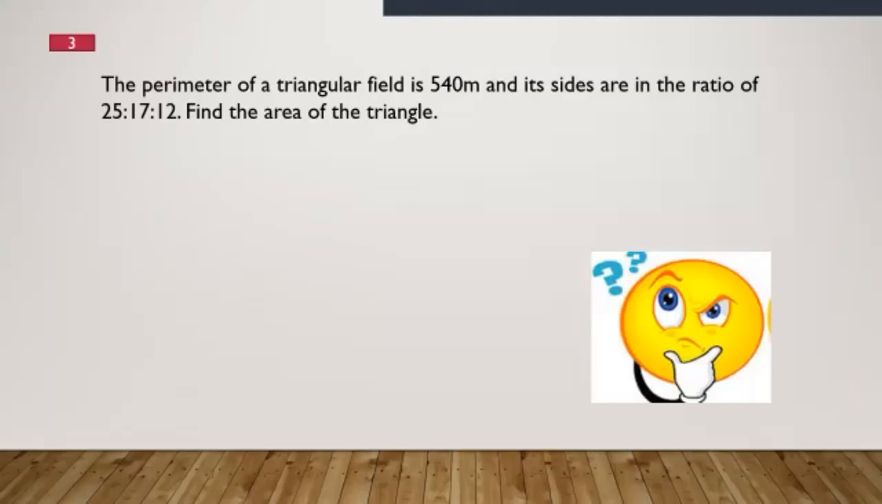Till then, I'll show you the previous question. The perimeter of a triangular field is 540 meter and its sides are in the ratio of 25:17:12. Is the question clear? Can you see the question? Find the area of the triangle. So here the sides are given in the ratio form. So be careful. Find out the sides one by one. The totaling is...